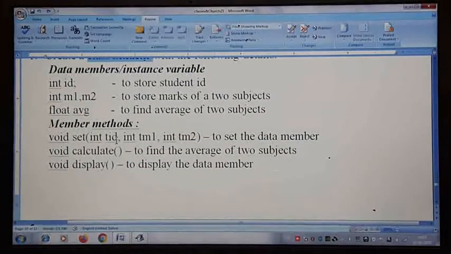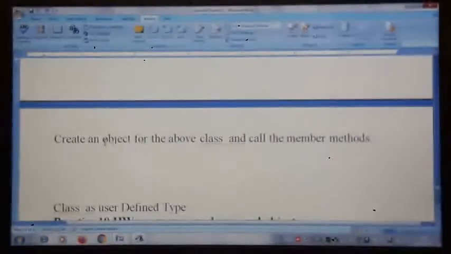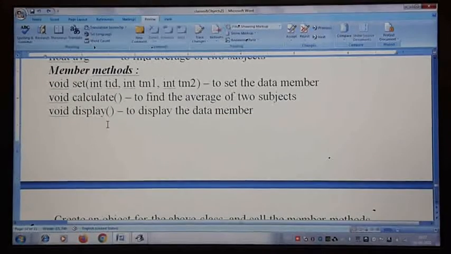Once you finish with the class student, you have to create one more class, and in that class you are going to create an object and call the member methods in an order. If you see the methods here, we have one set method, calculate method and display method. If you do not create a main class, if you do not call these in an order, then the user will get all the 3 methods.